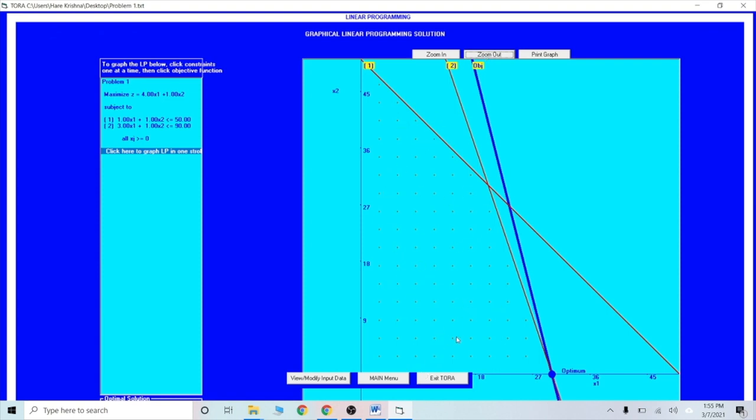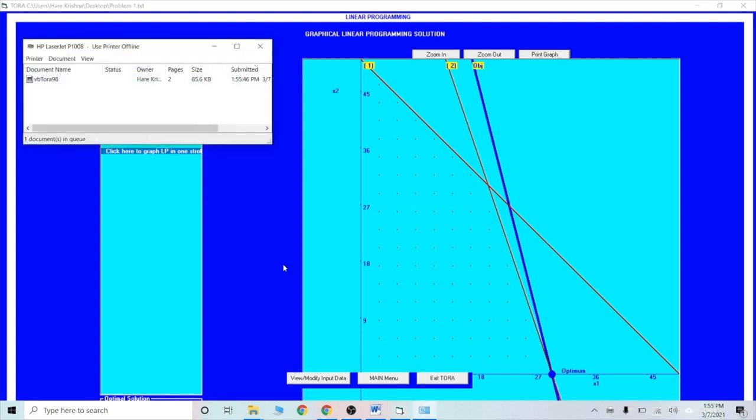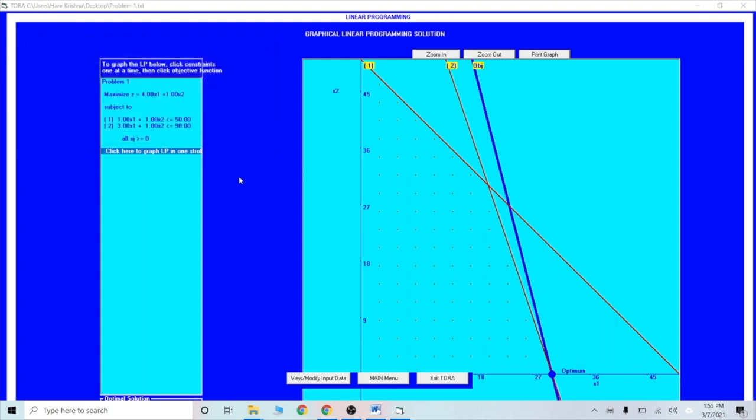The optimal point is the optimal solution. My screen is big, so the optimal solution is not showing there; it is below this window. If you want to print this graph and this solution, you can click on print graph. This shows the graphical method, how to solve a linear programming problem using the graphical method.